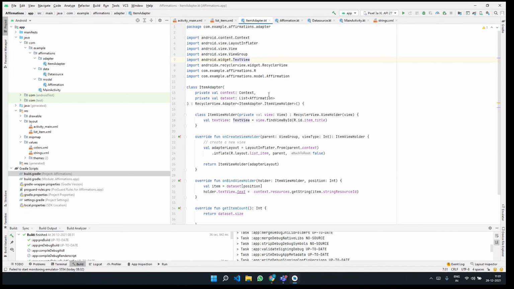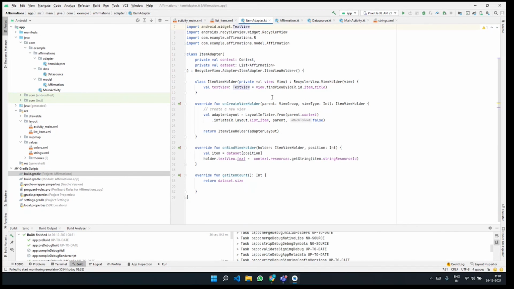And now we have the item adapter. This is where we'll be discussing the adapter component especially. Just to sum it up, item view holder is again finding view by ID, r.id.item title.